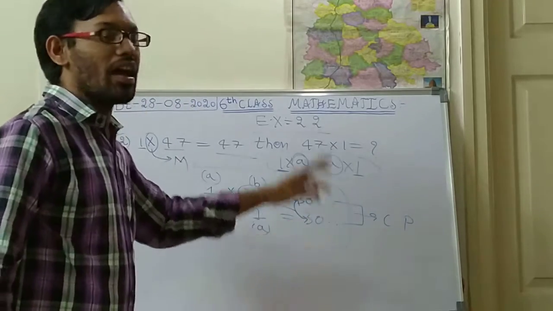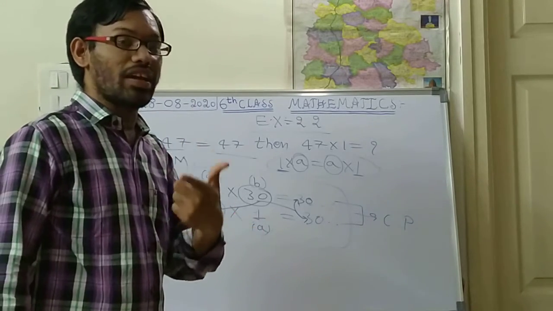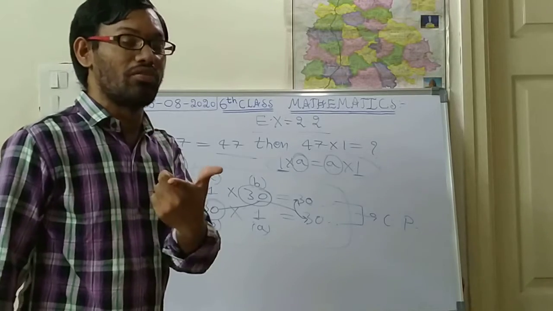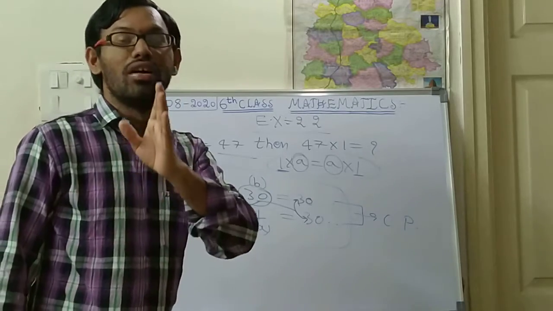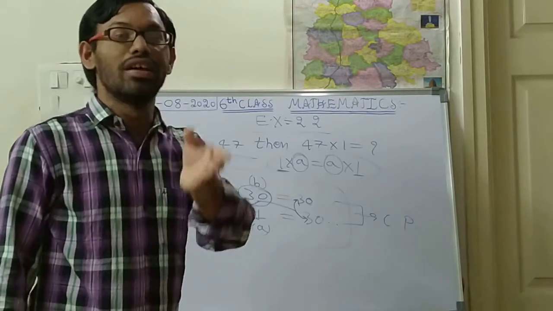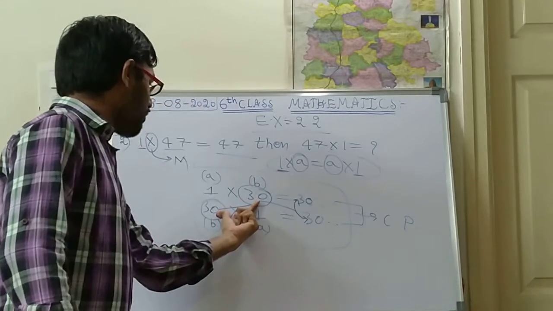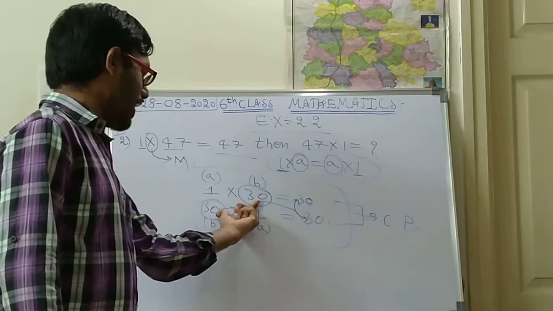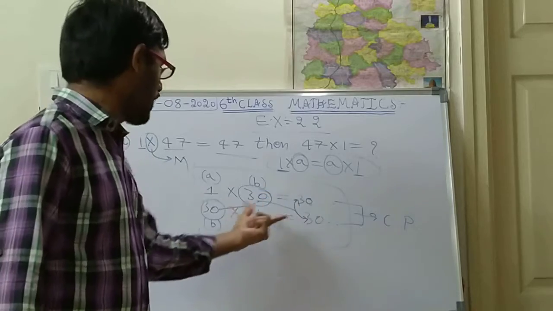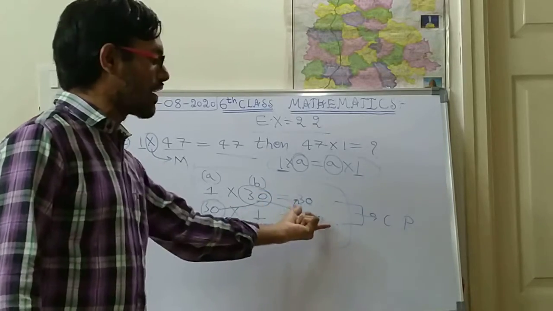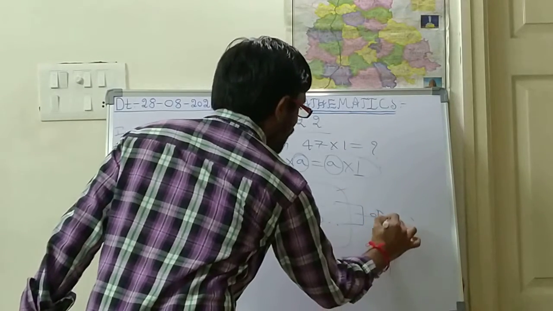Same means identical. Identity means equal. Okay. As you are taking an ID proof, what is an ID proof? ID proof means the same person. Whoever has whatever photo is there in the ID proof, that should match your face. So that means whatever the product we have taken in the LHS part, that should be equal to the RHS part as a result. Okay. That means these are same, that means identical.